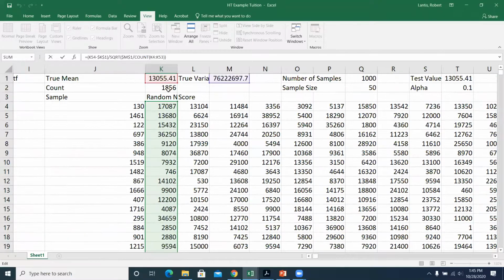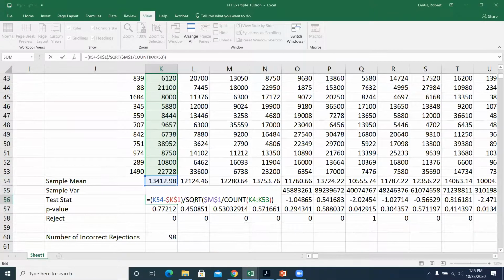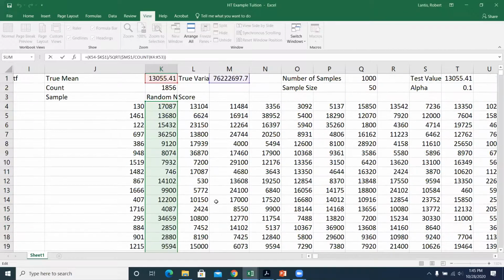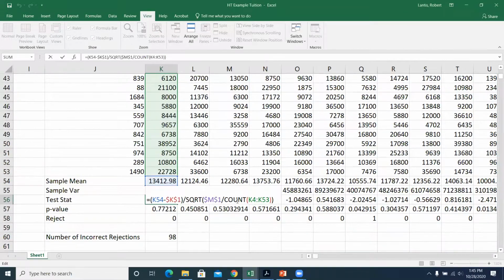Now if I had assumed that the true mean was in fact the exact true mean, right? So this was the scenario I was doing up on the board. The value we assumed ended up being the exact true mean. Here I kind of could cheat because I actually had the population data, right? So I'll subtract that assumed true mean, which ends up being the true mean, from my sample mean, divide by the square root of this known population variance divided by my sample size, which here, I could have probably put